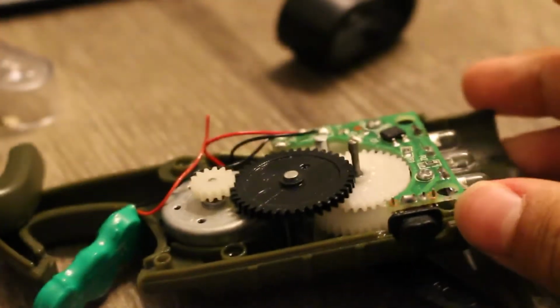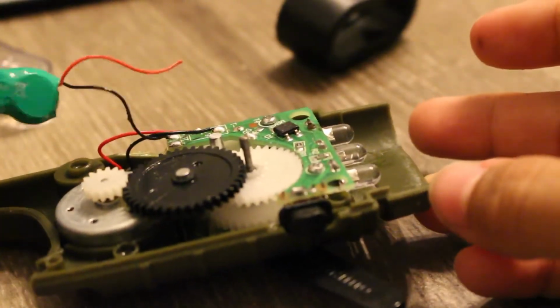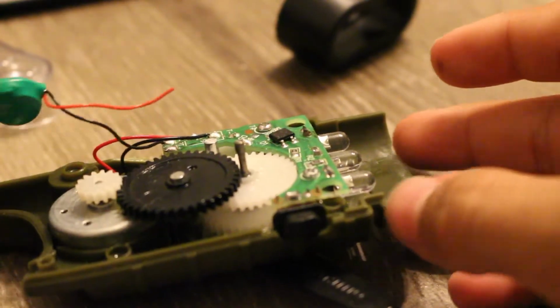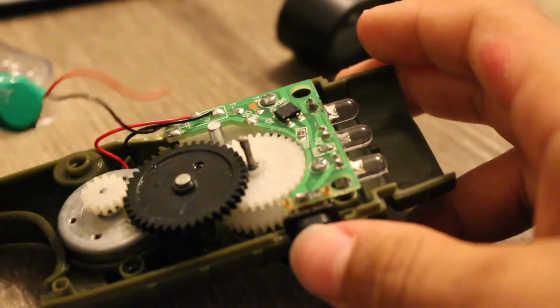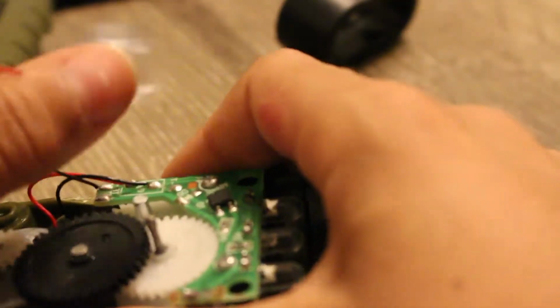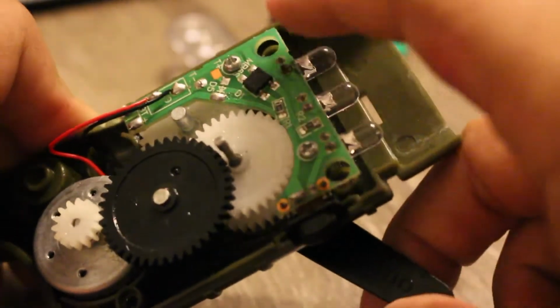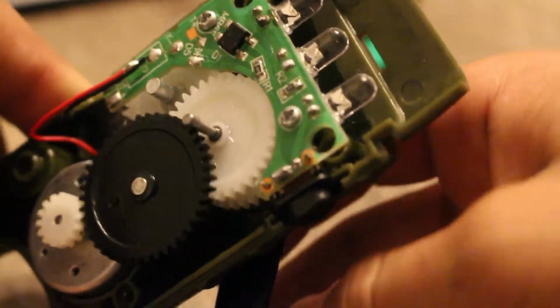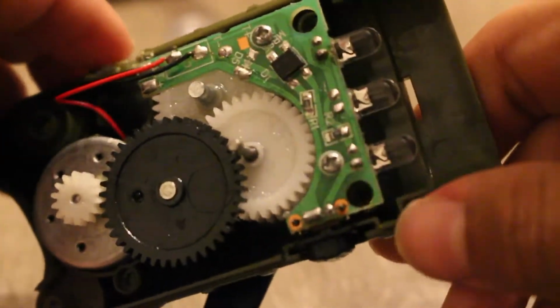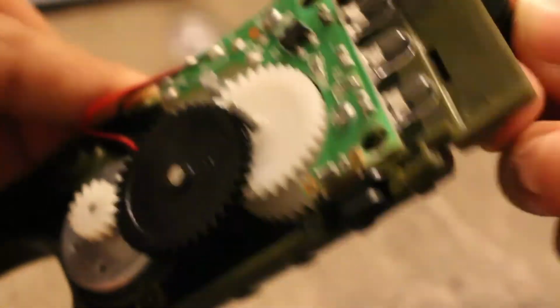So this has already been a 2-minute video, but that is alright. So you can see this battery here. The battery is, for some reason, desoldered itself from this. It's pulled off. Well, so far we're not going to need that anyway. Now you can see this little green torch. It has a bit of a circuit board, and it's got this voltage regulator so it does not burn these 3 LEDs. And when I turned this on, it used to just light up, but now it only lights up